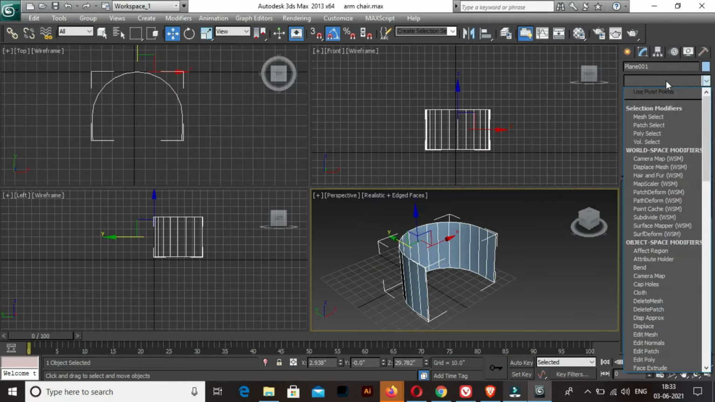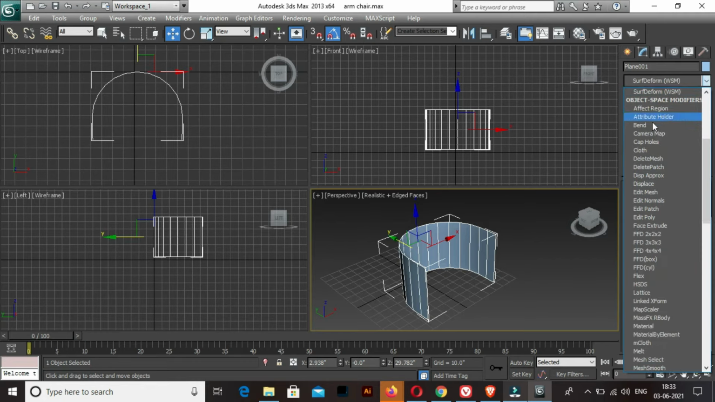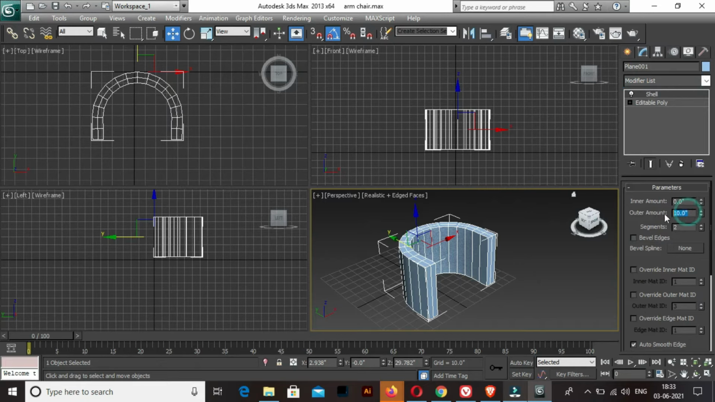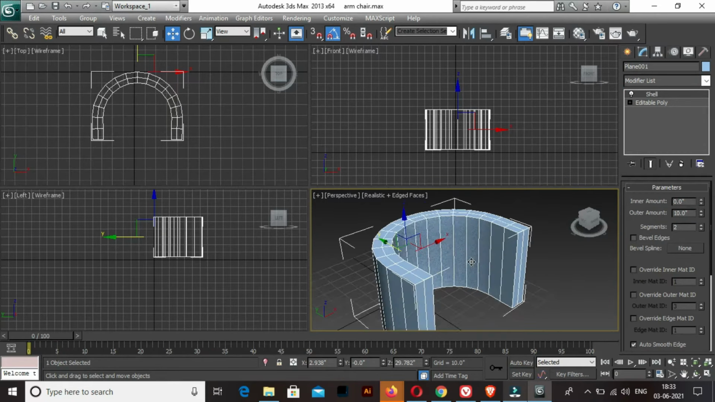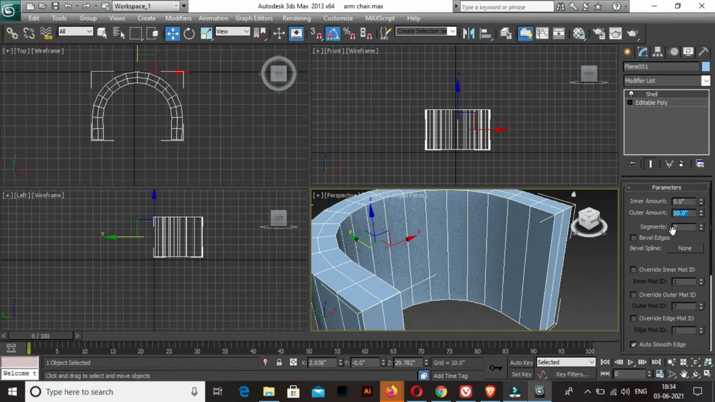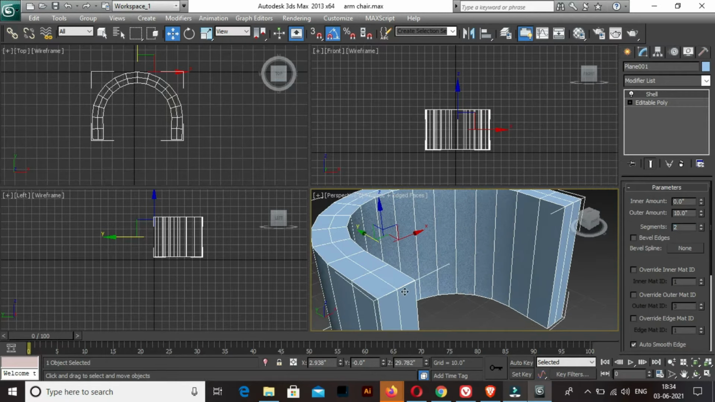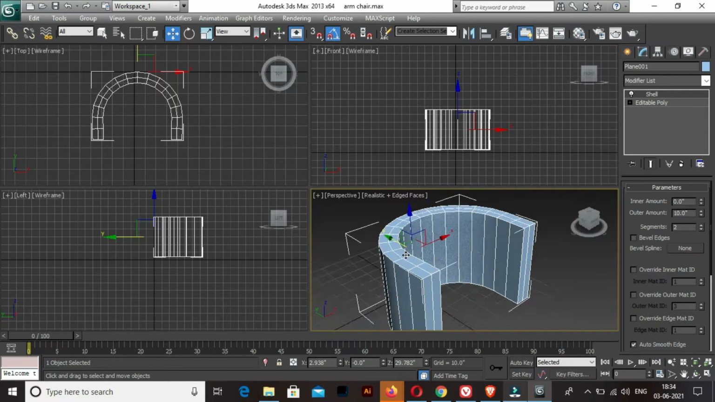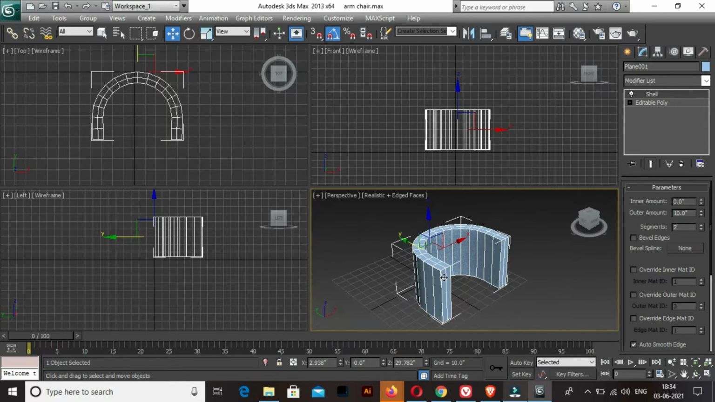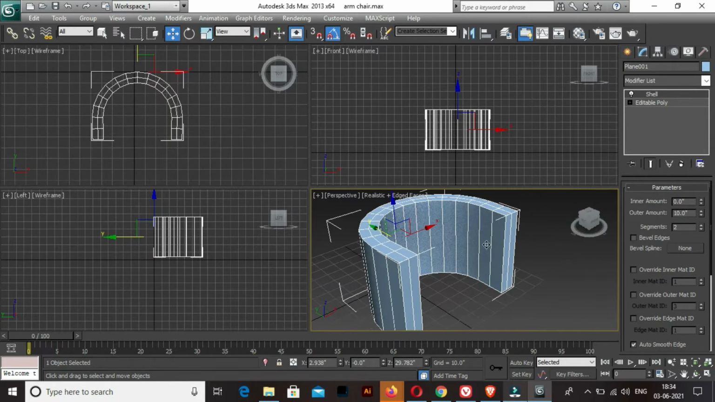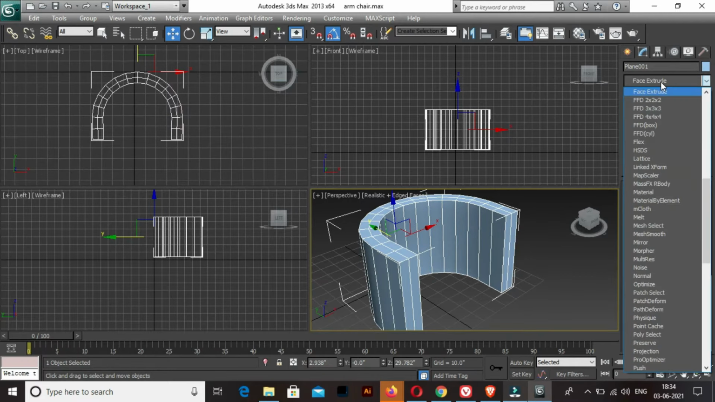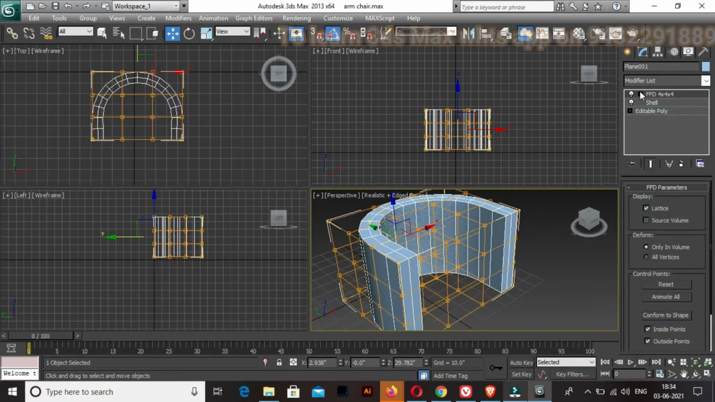So for thickness I am going to apply shell command. So shell, I will use this thickness as 10 and I will keep the number of segments as 2. Okay, so I want to have one segment in the thickness of this particular plane. So once it is done, now I will go for FFD 4 option, FFD 4x4x4, and then just select the